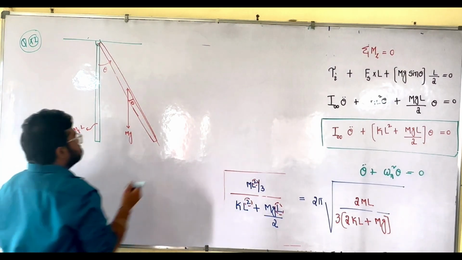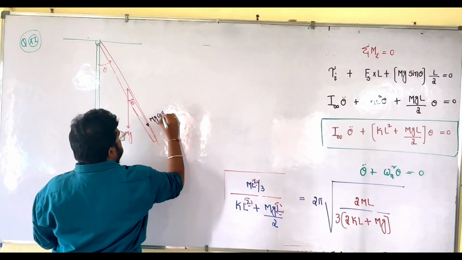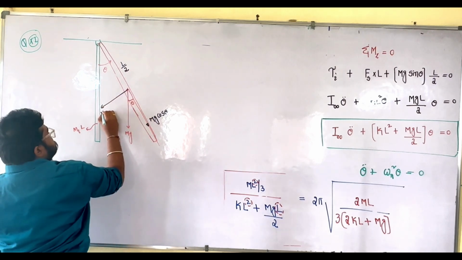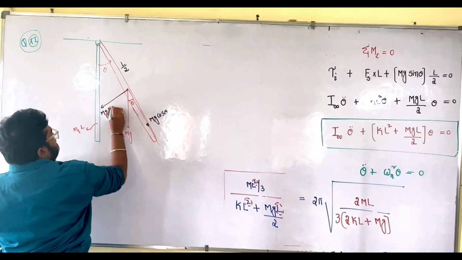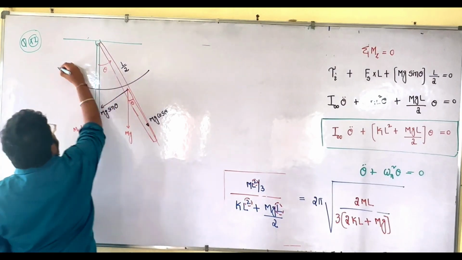Then mg cos theta, this is L by 2, and mg sin theta. Clear? So inertia torque will be acting